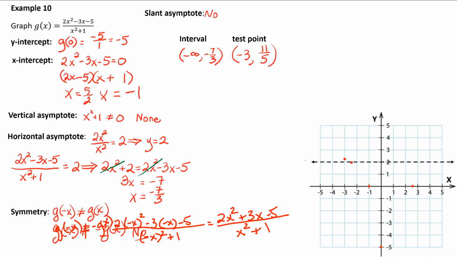Negative 3 would give us 11/5. So if I put that point on my graph, negative 3, 11/5, you can see that it's right there above the asymptote. So that means that from negative infinity up to negative 7/3, this function is above the asymptote. All right, now we're going to check from negative